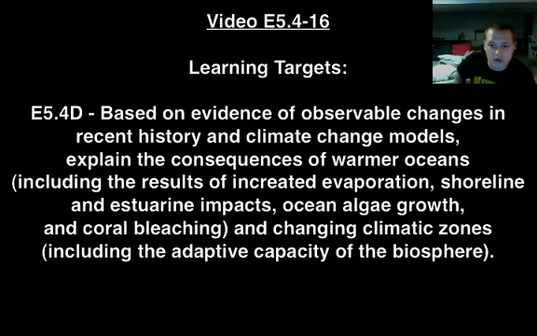All right, for climate change meltdown, the one learning target that we're going to focus on for this activity is E5.4-D. And more specifically, talking about the changing climate as a result of some sort of consequence.